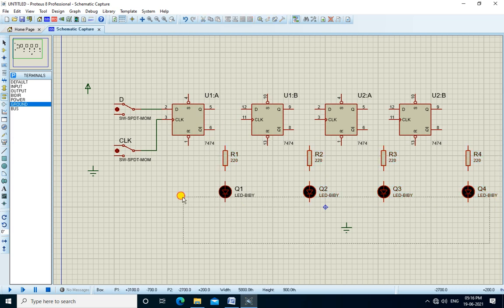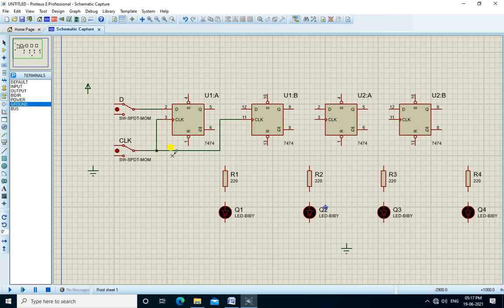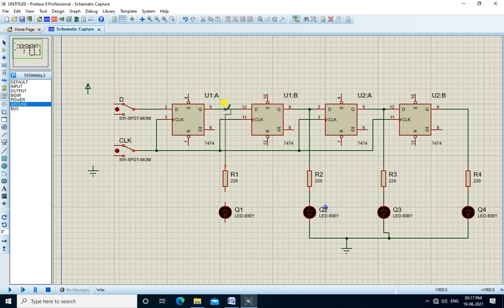So connect the one terminal of switch to VCC and another terminal to ground.